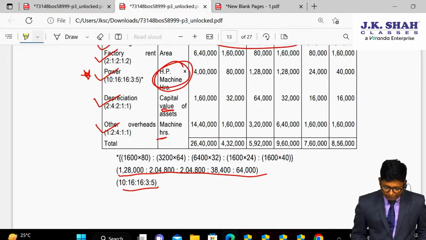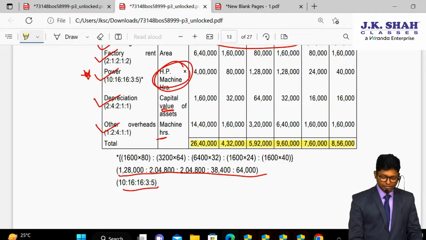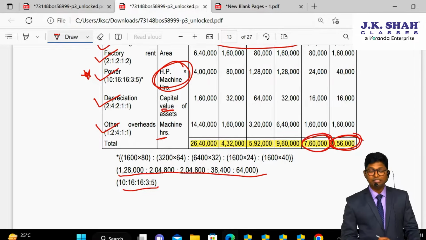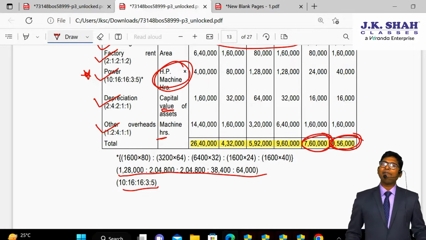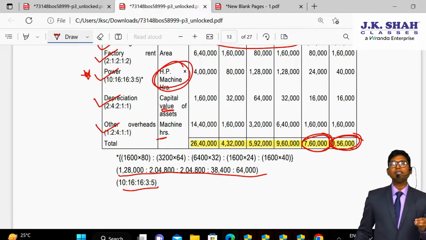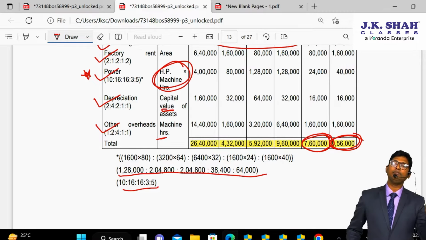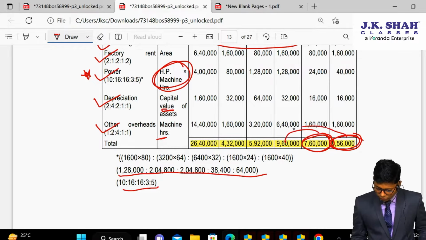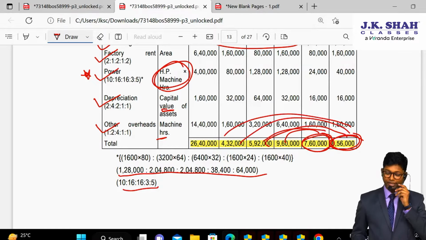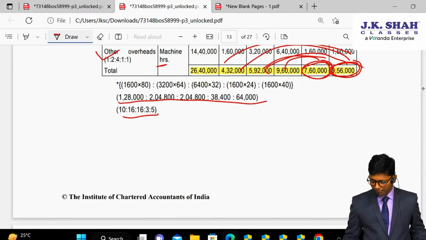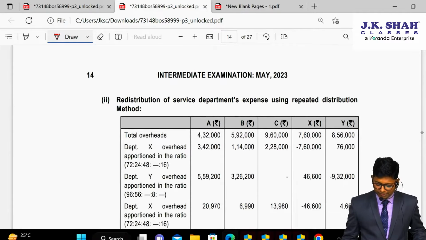At the end of the table, if you check, you have got all departmental expenses, but to be very precise, these last two departments are service departments. These expenses we haven't incurred for the service department itself, we have incurred for service to the production department. So we should bifurcate between the production departments by using the repeated distribution method, and in the next table they have done